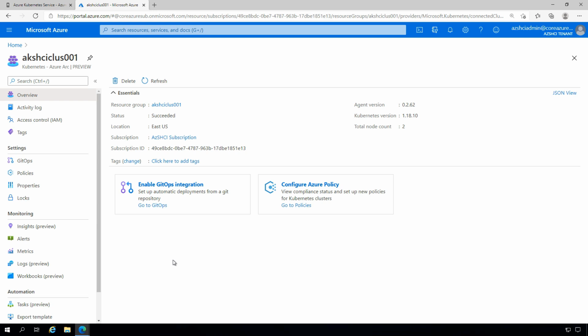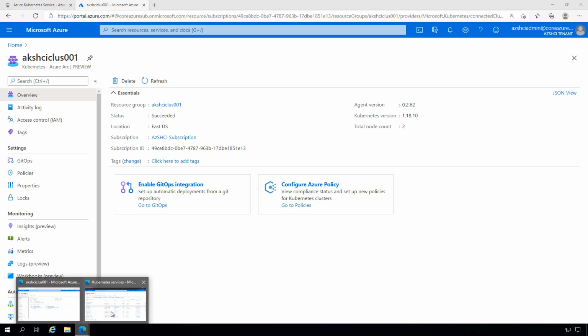So if we explore some of those briefly, you can see on the screen here we've got GitOps, we've got Azure Policy, we'll explore those shortly. But on the left-hand menu here, we can start to integrate with monitoring for our applications and clusters. We can integrate with different configuration items like GitOps and policies, as we mentioned. Now that it's an Azure object, we can do so many different Azure-related tasks against this particular cluster.